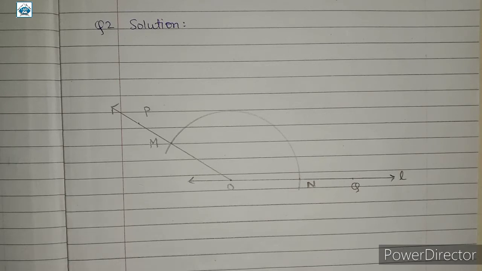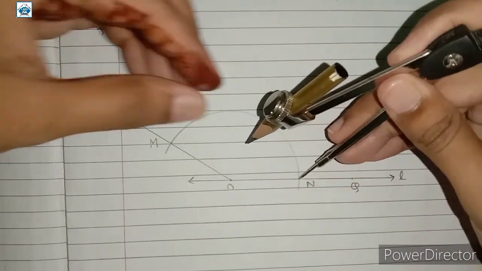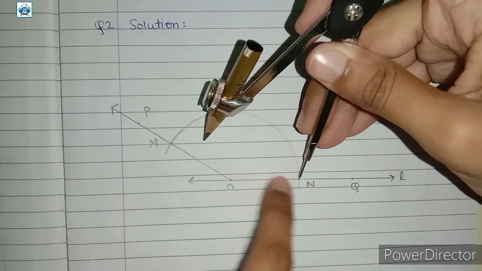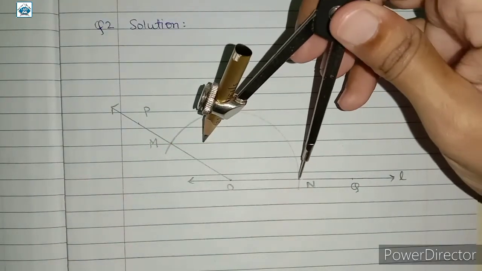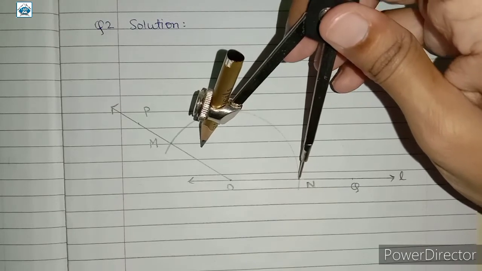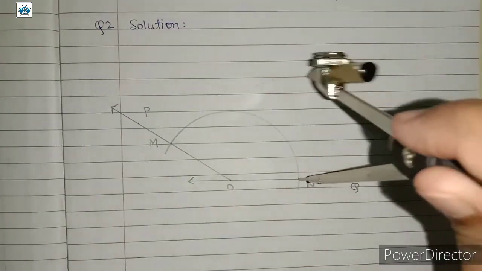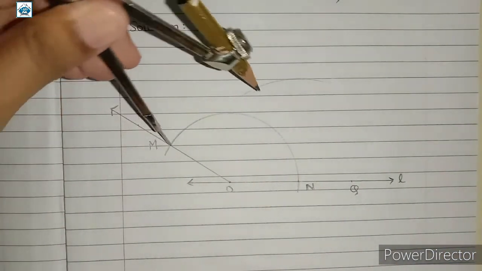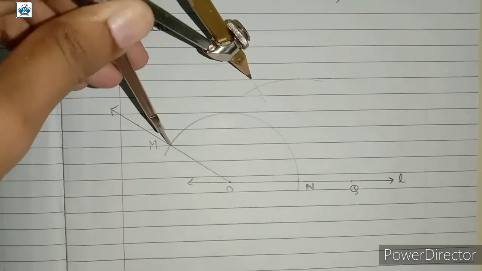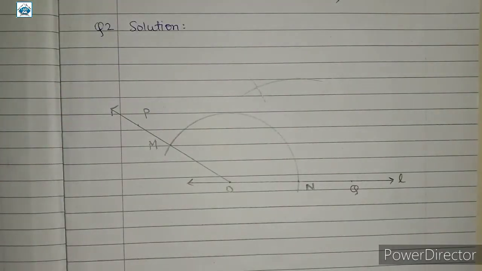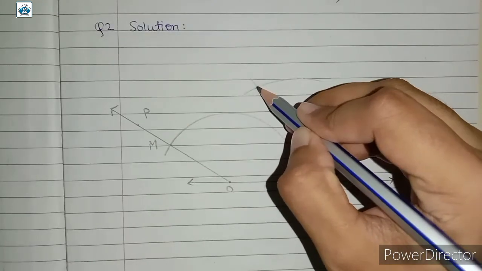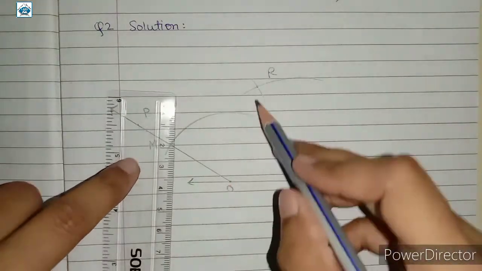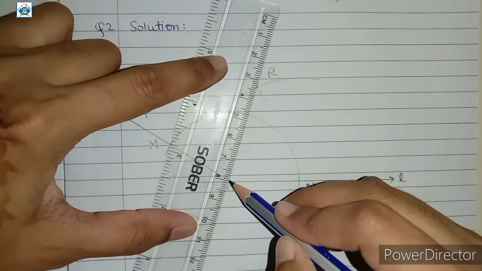Keep the pointer at point N and you need to take a distance that is more than half the distance, that is the length of line MN. So यहाँ पे ये जो distance है, this is more than half, it is clearly visible. So यहाँ पे आपको एक arc draw करना है keeping N as the center and keeping M as the center, and with the same radius you need to draw another arc that intersects the previously drawn arc at this point. Let us name this point point R. So over here you have 2 points O and R which you are going to join to construct the bisector of angle